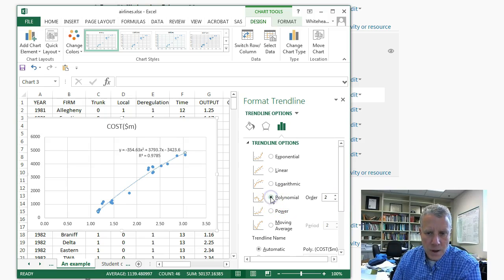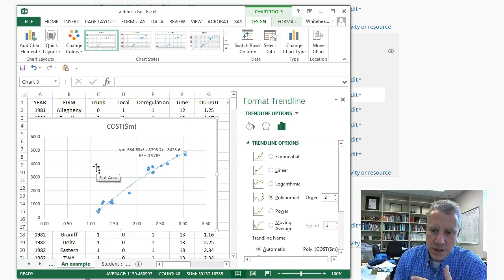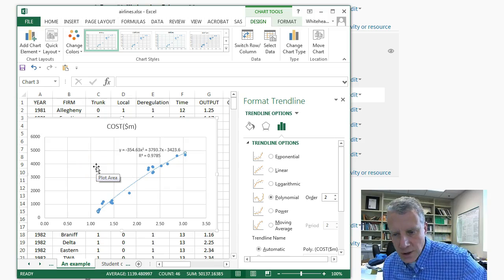So polynomial of order 2 is a quadratic function. Here's the intercept, minus 3423, plus the linear term, 3794 times x, and then minus the squared term, minus 354.63 x squared. So it rearranges the A's, B's, and C's like we talked about in class,